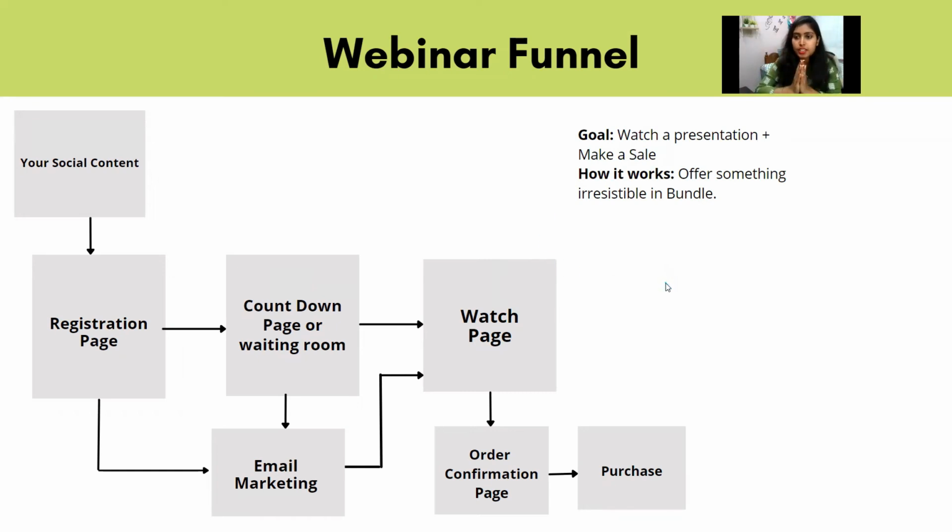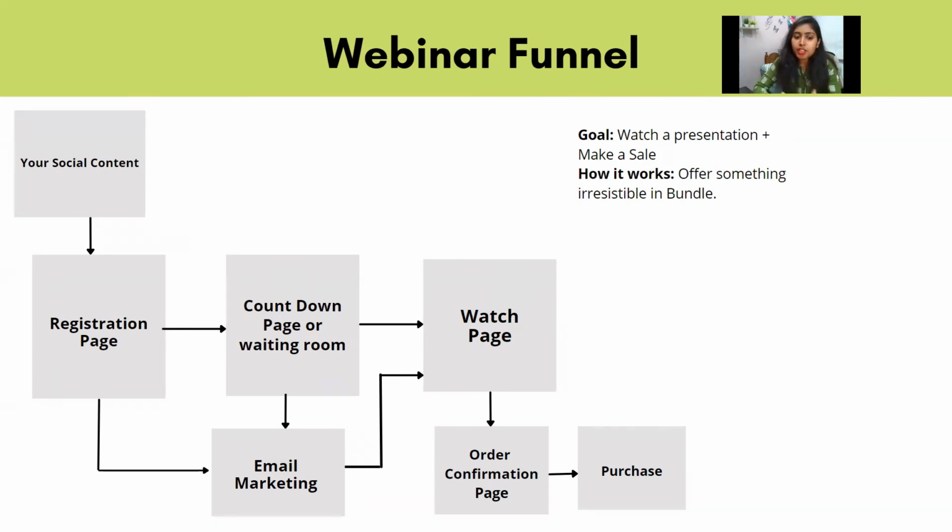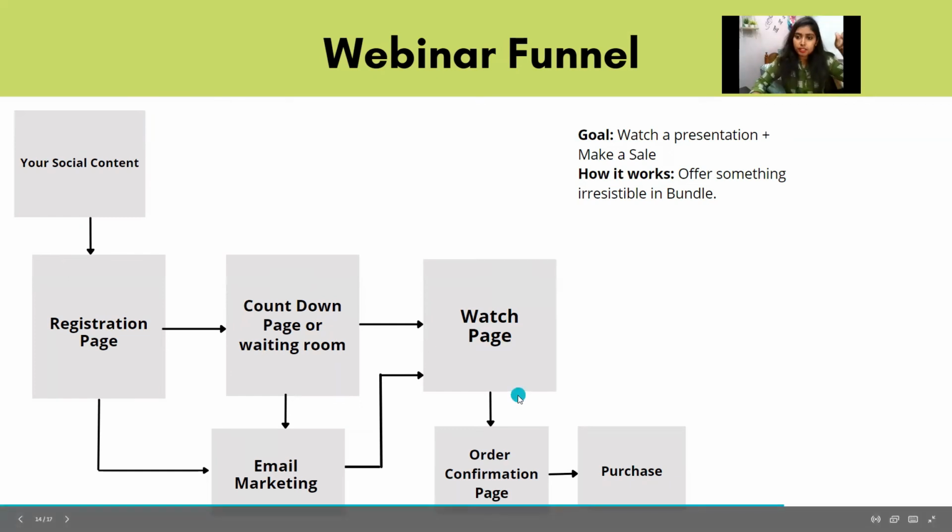I know everyone would have seen so many live webinars or pre-recorded webinars. So that is how it happens. So once you have watched that, at the end they're pitching their product. Okay, they also have their links etc. and they send you. And if you're interested, you click on the link, you go to the order confirmation page and you purchase. So basically this particular thing is for the live webinar. Okay, and for the pre-recorded webinar it happens a little differently, because here you don't have to sit and do it live. You just have to do it one time. You have to upload it. That's it. So now let's talk about the second type.